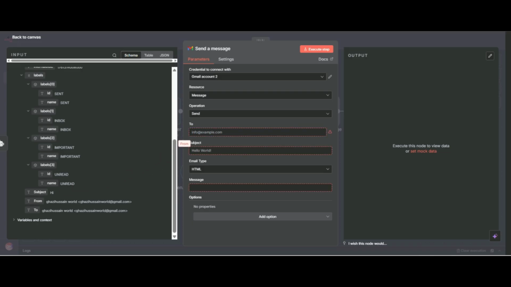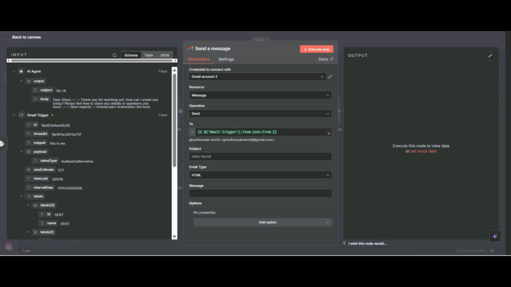I drag this, and now you can see there is a subject option and message. Here we drag the subject, and here is the body. If we don't do this, we will not be able to.